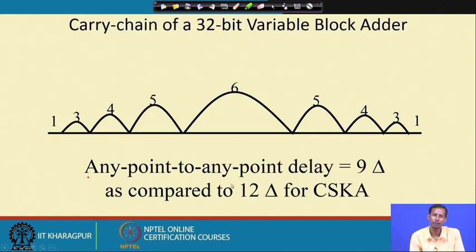Okay. So, if you see here, for these particular things, this is for 3 bit, this is for 4 bit, this is for 5, and in the middle I can skip more, which is 6, then again 5, 4, 3 and then 1. So, I can skip the corresponding values in this fashion.